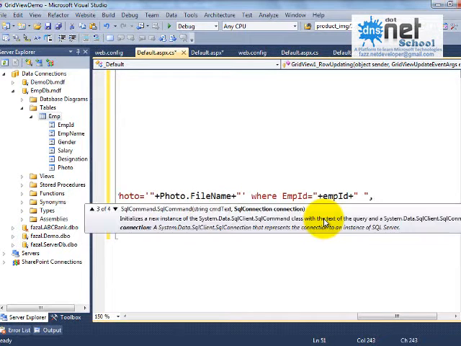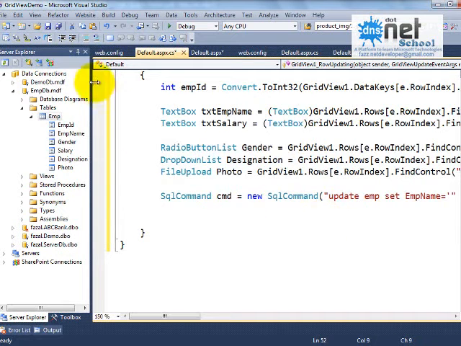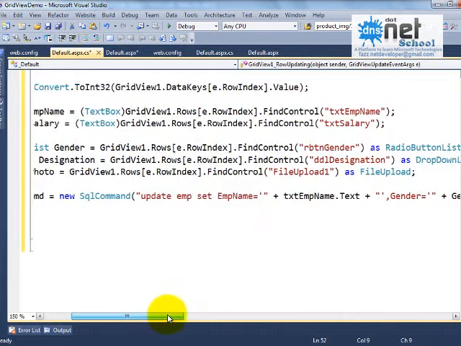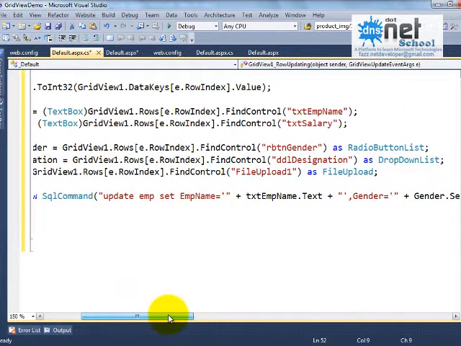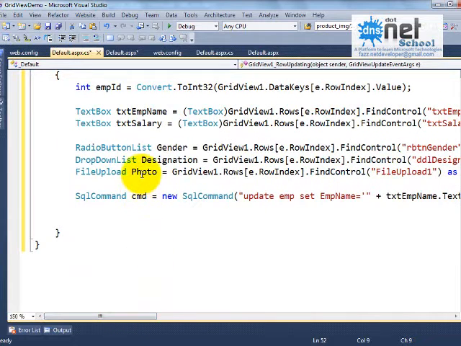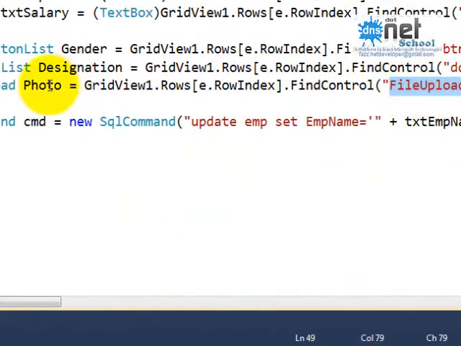Lastly, comma, connection object. Try to get the columns. Okay, see the query here. It is file upload, right? The file name. No, we have given the reference photo. We are finding the control and giving the variable that we want to photo. Right. Yeah.